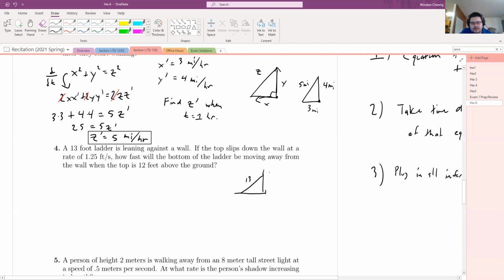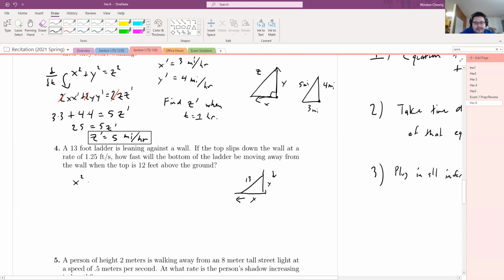And the top of the ladder we know is sliding down. I should also put x and y here. So the top of the ladder is sliding down, which means that this endpoint should be going to the left. Okay. And since this is a right triangle, we want to immediately write down the equation that